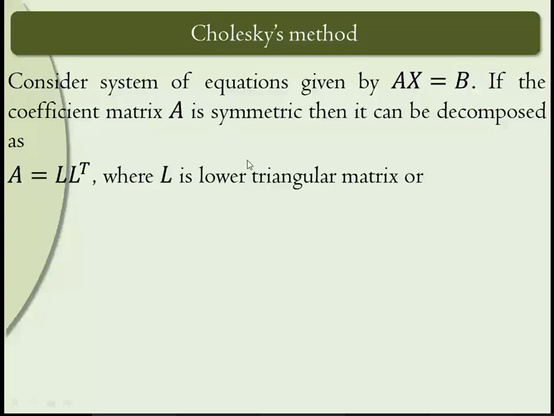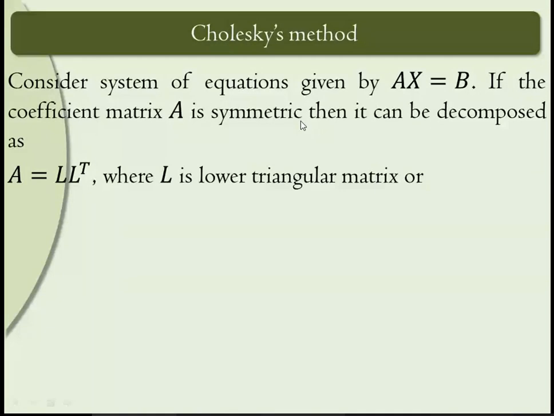Or, if we take a transpose of a matrix. Now, what do you mean by transpose of a matrix? We transfer rows to columns. The first row of A becomes the first column of A transpose. The second row of A becomes the second column of the transpose of that matrix. The third row becomes the third column. So that is how we take a transpose of a matrix. When A and its transpose are the same, then that matrix we call a symmetric matrix.